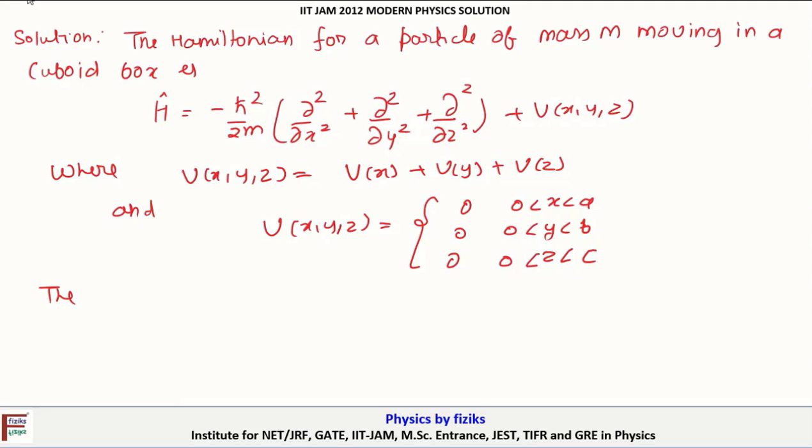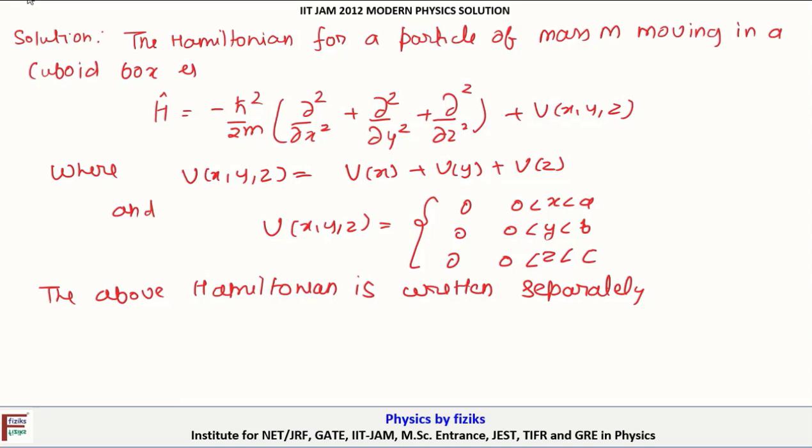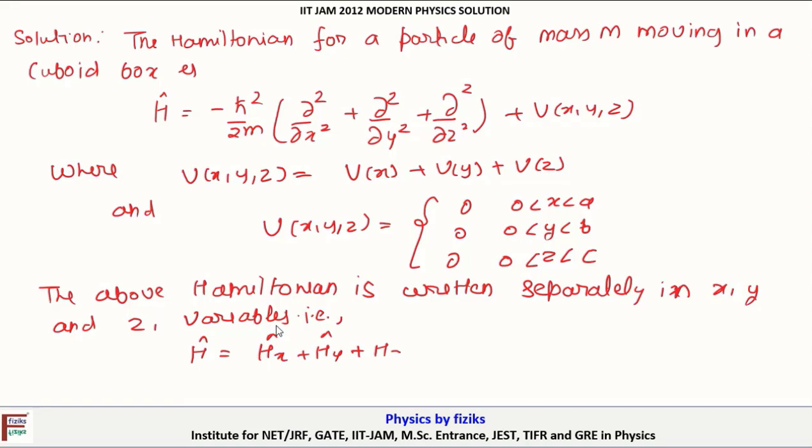The above Hamiltonian is written separately in x, y and z variables. That is, H equals Hx plus Hy plus Hz,